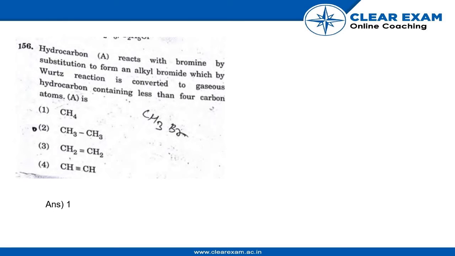Hey guys, now we are going to solve question number 156. Let's see what the question says. Hydrocarbon A reacts with bromine by substitution to form an alkyl bromide, which by Wurtz reaction is converted to gaseous hydrocarbon containing less than 4 carbon atoms. A is,